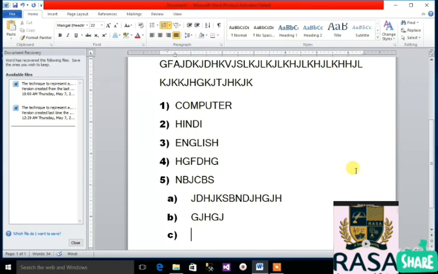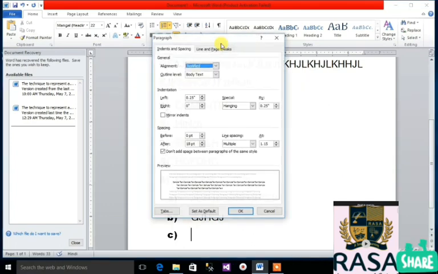The next is the paragraph. By selecting the paragraph, you have this pop-up window, and here you can see the alignments.